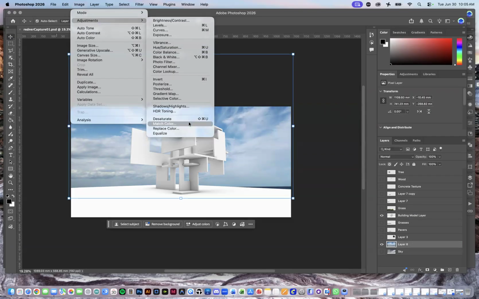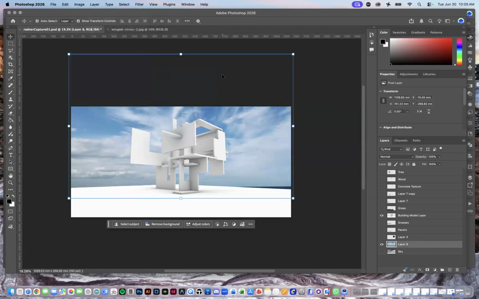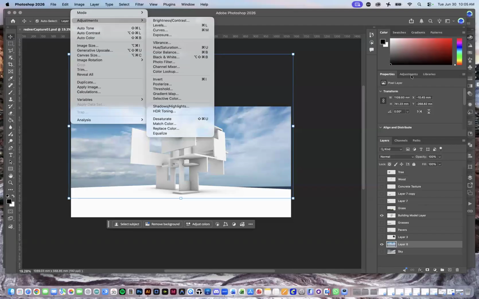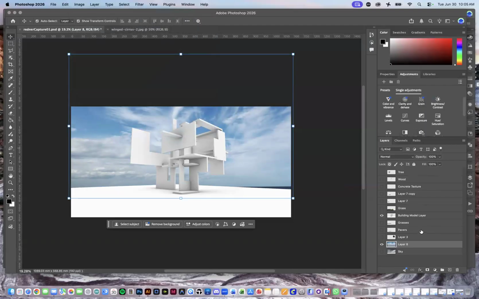What's interesting about this, though, is that now, instead of doing something and then going down the rabbit hole of editing a lot of things and then you can't undo, what you can do is instead of doing these one-time adjustments, actually make adjustment layers. Those are parameterized, so you can always go back and undo, turn off the adjustment layer, or correct the settings however you need to. So let me just show you how this works, right? If I have my layer selected and I go to the adjustments,